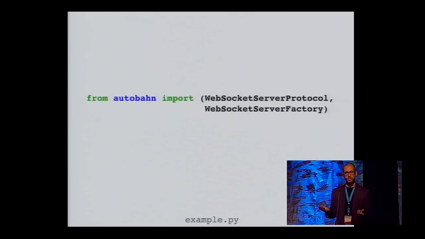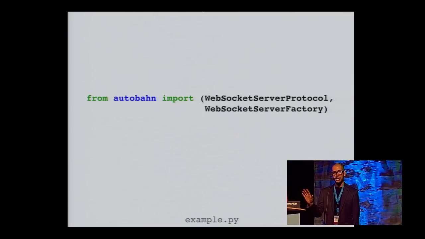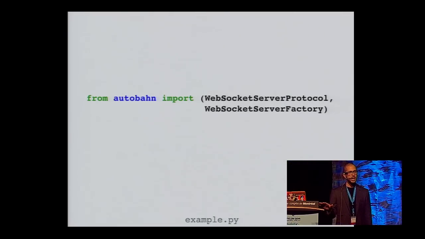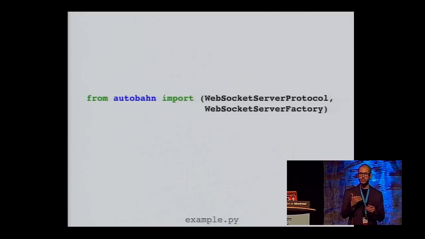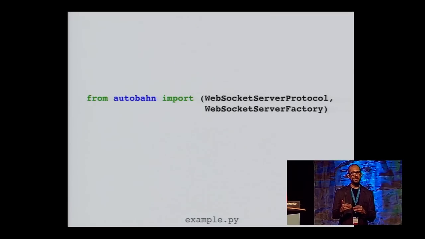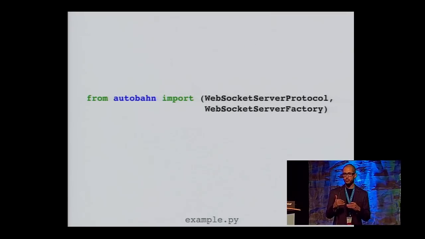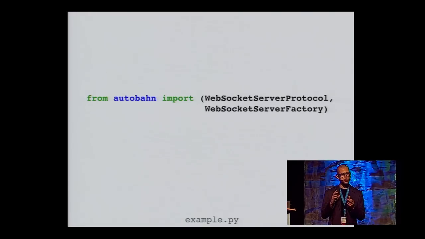So now we can finally start to look at some code. This is in example.py. This is the chat application that we're building. And the first thing it does is it imports its protocol implementation from Autobahn. And in Async IO, you need both the protocol and a factory. And the factory knows how to instantiate the protocol one instance per connected client. So these two will hook up in a way that we'll see in a second.